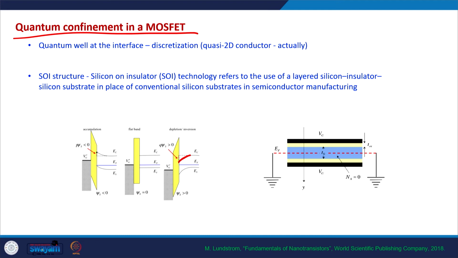As we saw in the last class, the electrons in the inversion regime, even in a bulk MOSFET, are in a potential well, and this potential well is like this. Similarly, in ETSOI MOSFETs, electrons are confined only in this distance,